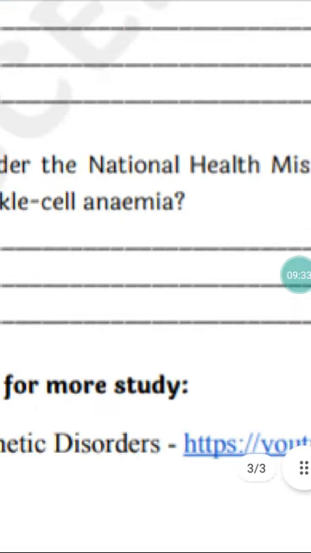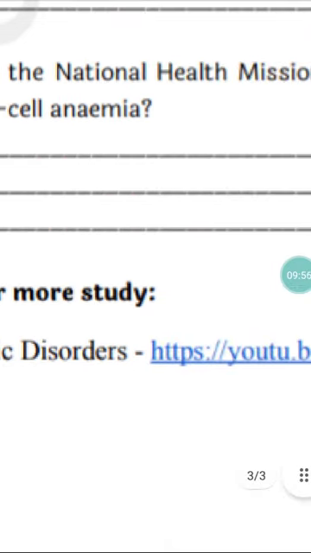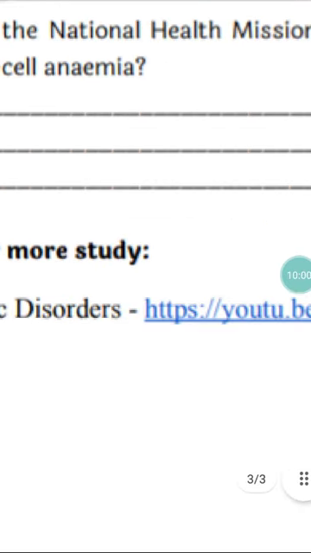So in this way, you have to write the answers in a notebook. For all the tests or activity sheets, the questions and answers you have to write in a separate notebook, and for the test you have to make another separate notebook. Okay, so in this way, now we have finished activity sheet number 3. Thank you.